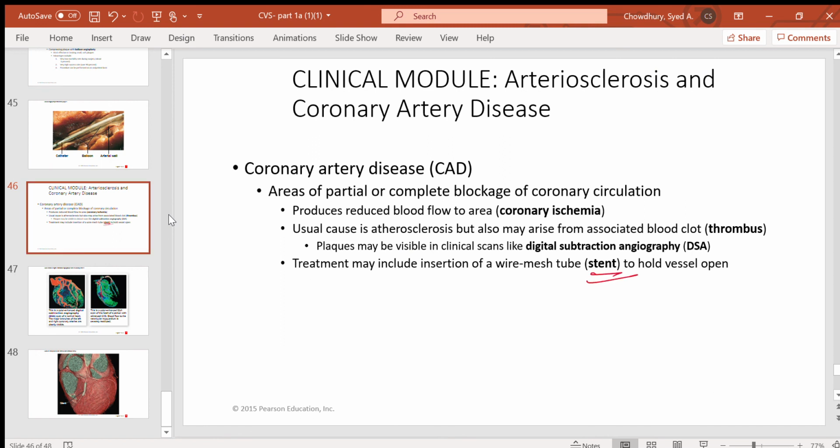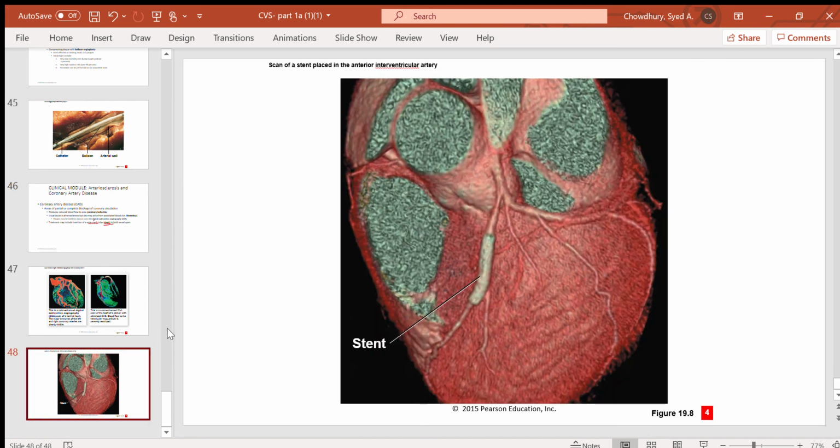A stent is a mesh, a tube-like or ring-like structure formed by fine mesh. Here you see the stent, a tube-like or ring-like structure that will be implanted to keep the artery wide open. Okay, so that's all about the first part of